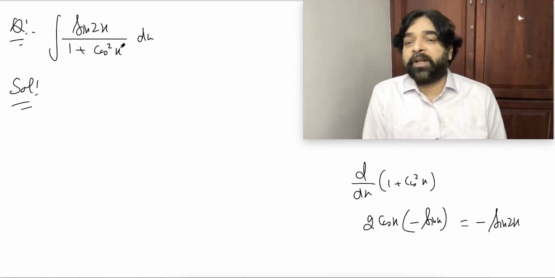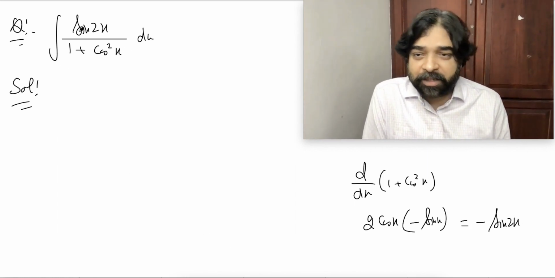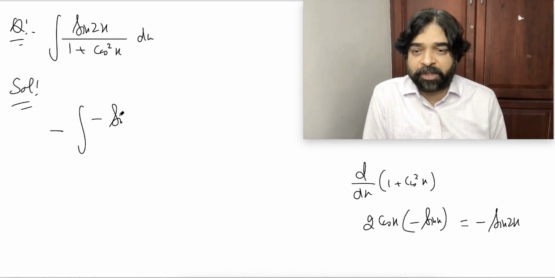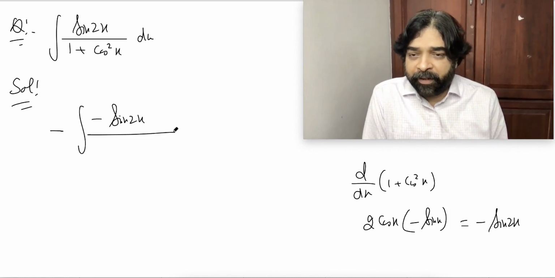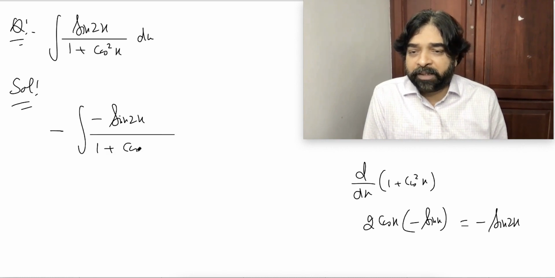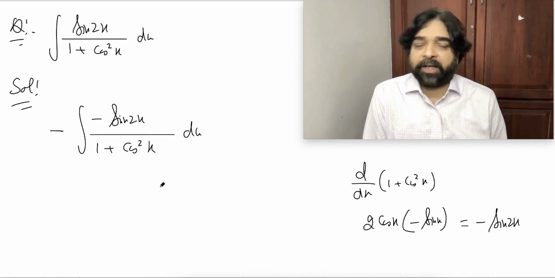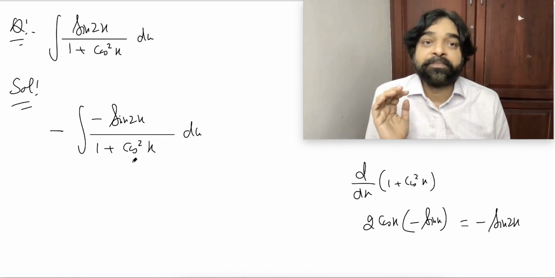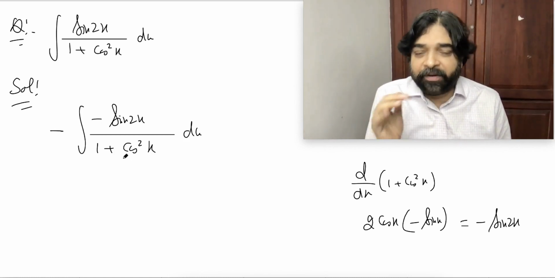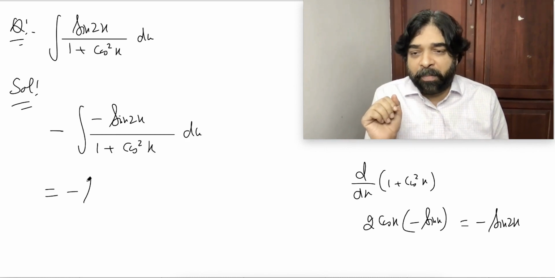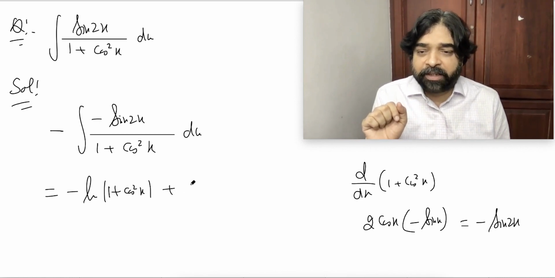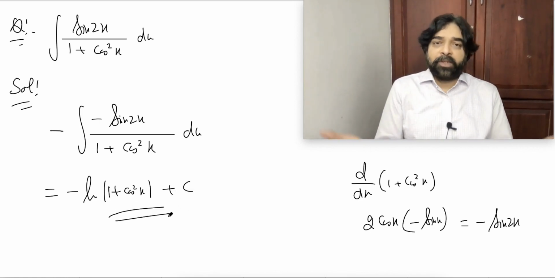Oh, the differentiation of this is this, but the minus is missing. I am not at all worried if the constant is missing. Divided by 1 plus cos square x dx. Now easily you can understand this is the form of f dash x by f x. So this will be minus ln mod 1 plus cos square x. Here also there is no need of mod, actually 1 plus cos square x is always positive. So simple question.